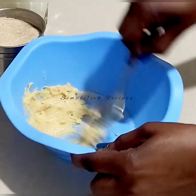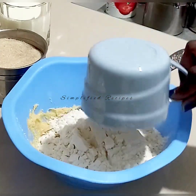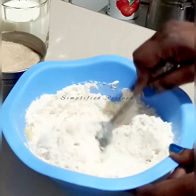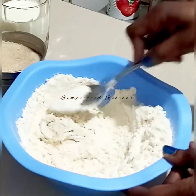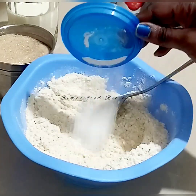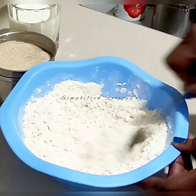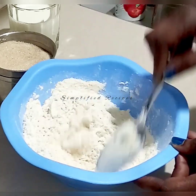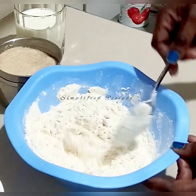Once that is done, we'll pour in our flour and rub that into the butter and sugar. Make sure there are no lumps. We are at this point going to add our baking powder and mix again. Be thorough about the mixing because we do not want one part of the mandazi to taste different from the